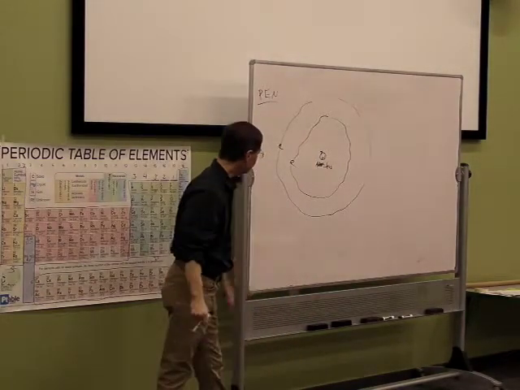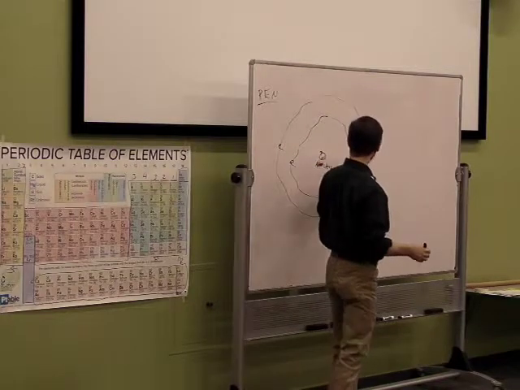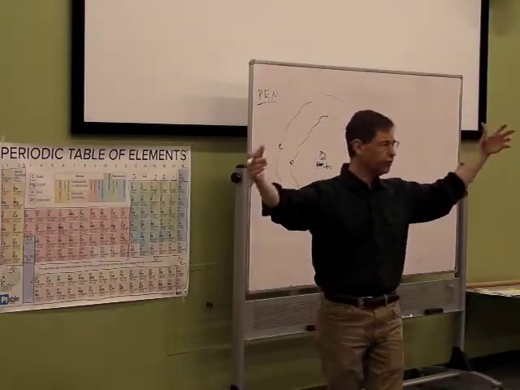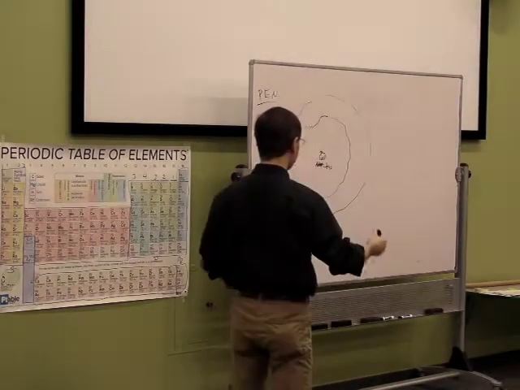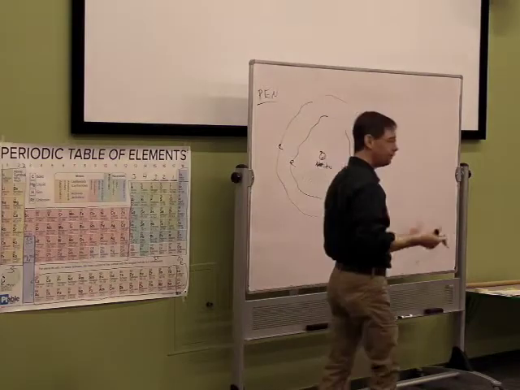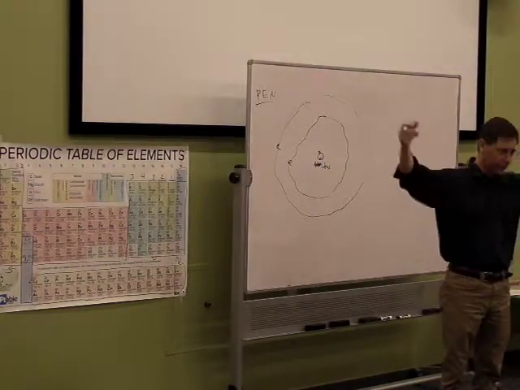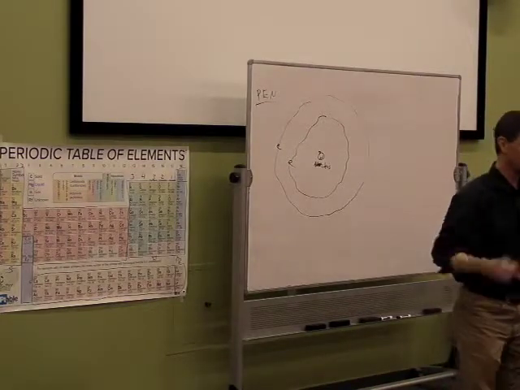So remember the nucleus is here, and if the nucleus is the size of a BB, the first orbit is like 2,000 feet away from that. If the nucleus is the size of a golf ball, the electrons are 1.5 miles away. So it's crazy distances between that teeny tiny little nucleus and the first orbit. And that's just the first, as we'll find out today. There's 7 in there.